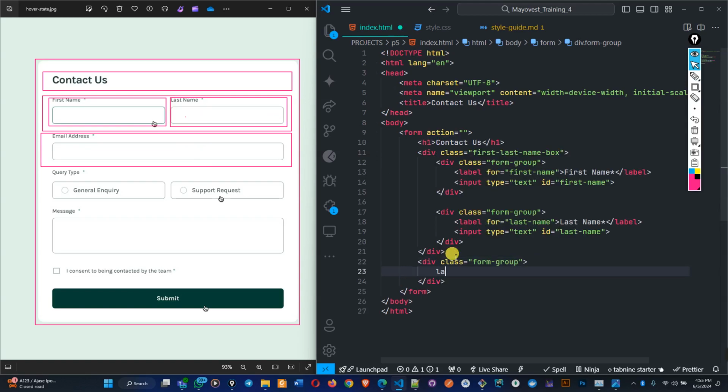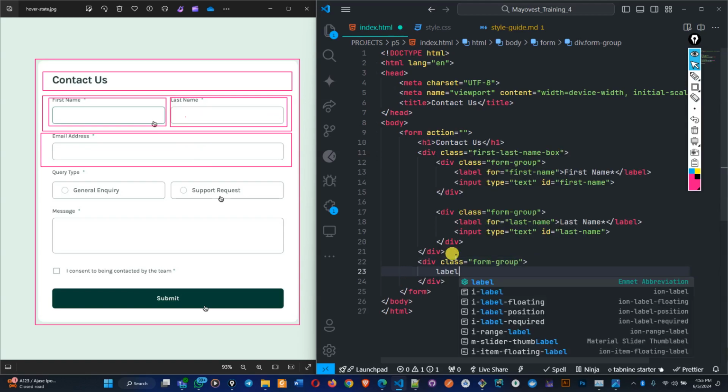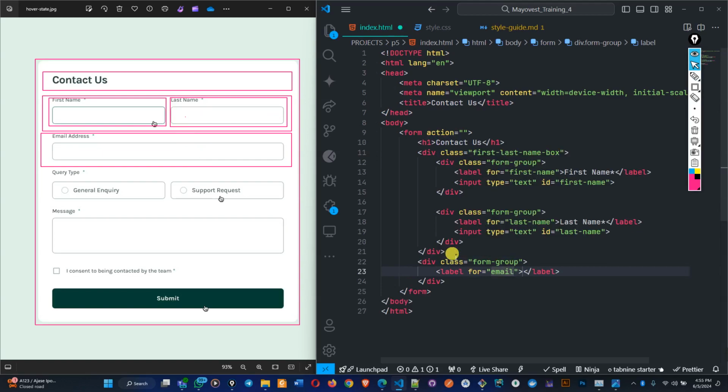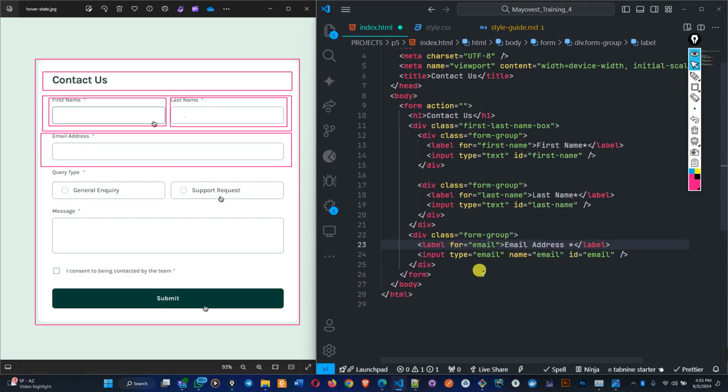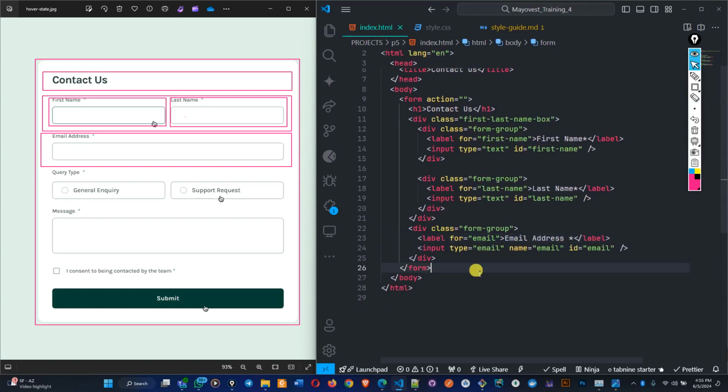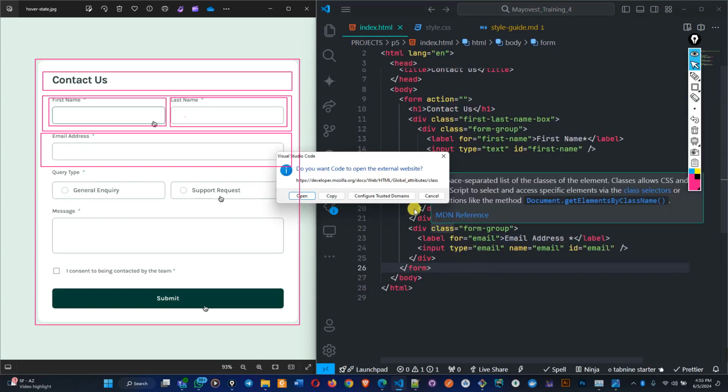Inside it, we're going to have the label, which is going to be email. So here we're going to have an email address, with an asterisk like this. Then after this one, I will have the input of type email. I don't need the name, but let me just put it like this. What I actually need is the ID, which is going to be email, because the ID should always match whatever you have inside your file so that everything is perfect. Now if I save this,